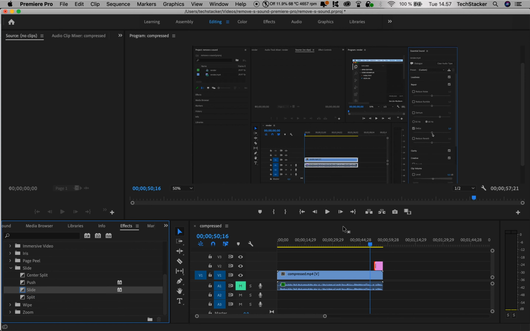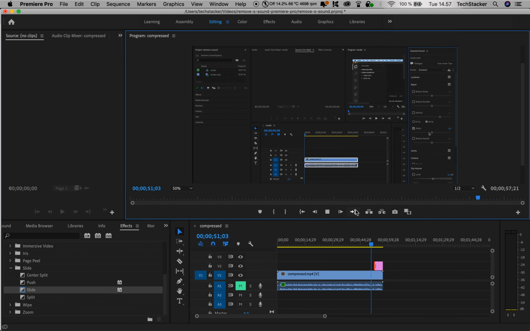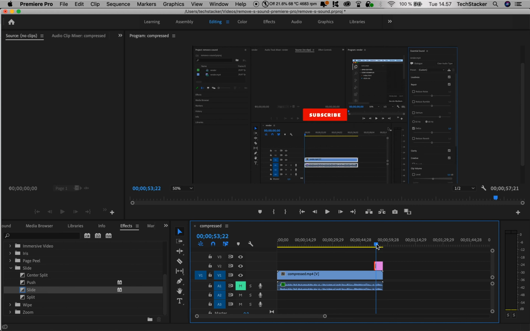And now you might expect this to work. So if I hit the play button now, it doesn't work. It still has the fade in or the cross dissolve effect. And that's because Premiere Pro is a little bit slow. So you have to first remove the original transition with clear, and then click on it again,